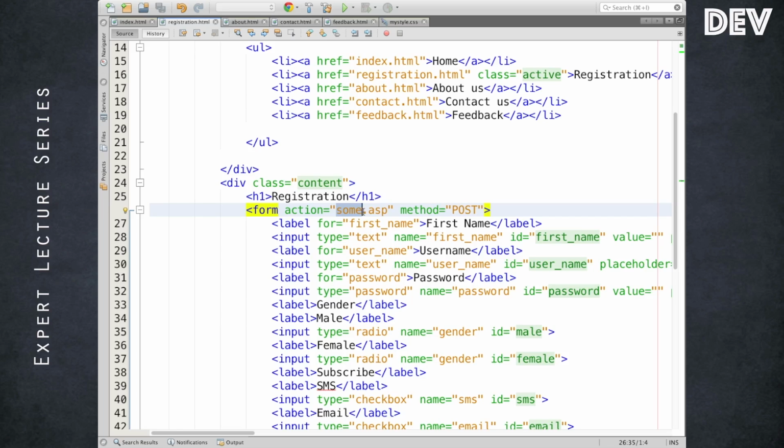A form will minimum require these two attribute values to be specified as long as the values are submitted to the server or any other place. Minimum it is needed, but this can also be overridden by JavaScript. JavaScript can be used to still submit the form, but the action is the target where the form values are going to go, and method is which HTTP way you are trying to send the data. Usually for form data we have a habit of submitting through post, but if you make it a get,